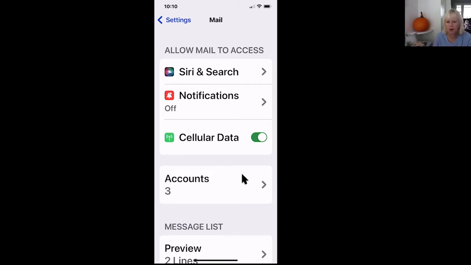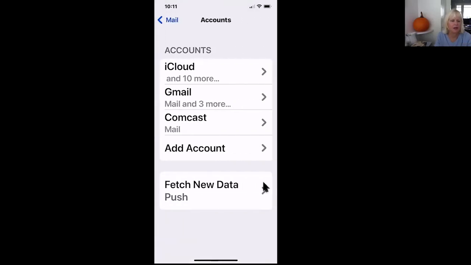Okay, so I have 3 email accounts that I get through my Apple Mail. Let's see what they are. I'm going to click on this little arrow. So I have iCloud, I have Gmail, and I have Comcast. I have 3 accounts that I can get through